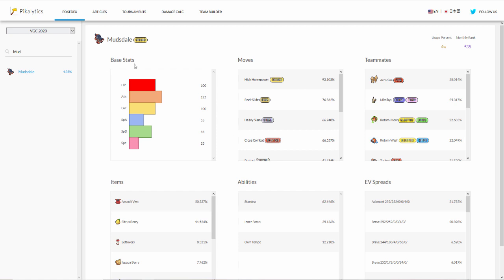And Mudsdale's stats are just insane. 100 HP, 125 attack, 100 defense, 55 special attack, which doesn't matter because you're never going to be running special attack on Mudsdale, 85 special defense, and then 35 base speed, so you can run Mudsdale on a Trick Room team. And then you can see right here the top used moves: High Horsepower, Rock Slide, Heavy Slam, and